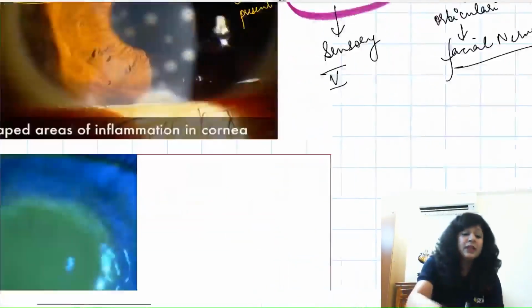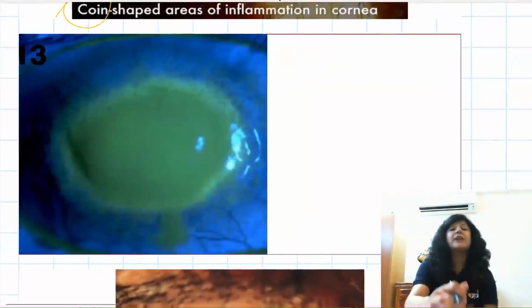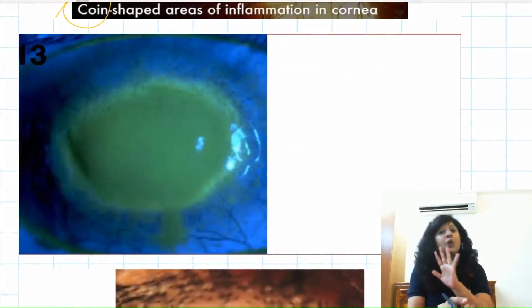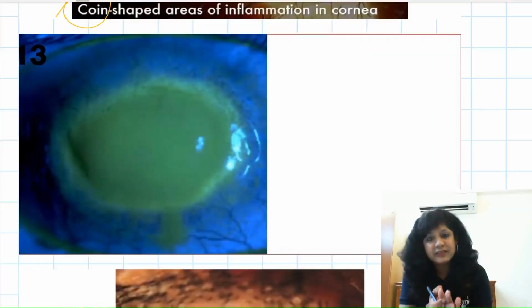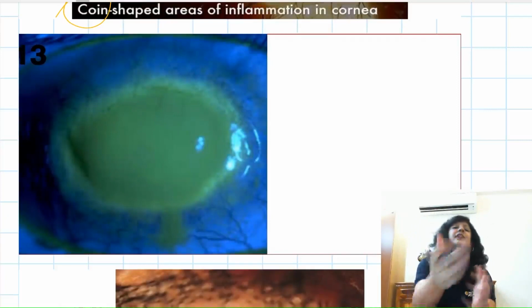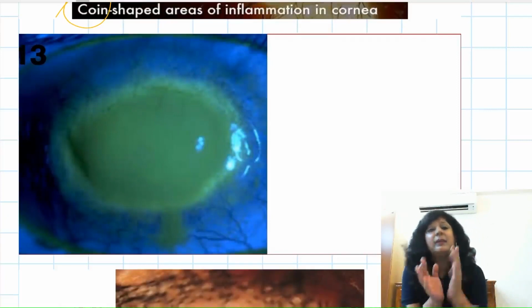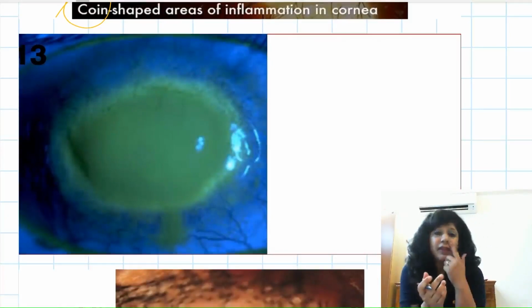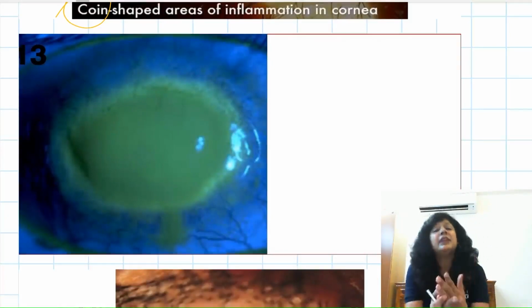Now what happens, acanthamoeba is actually a free living amoeba which is present in the soil. It does not require man to complete its life cycle. It accidentally reaches man and then it completes its life cycle there. Now how can it reach man? By the use of contaminated solutions.